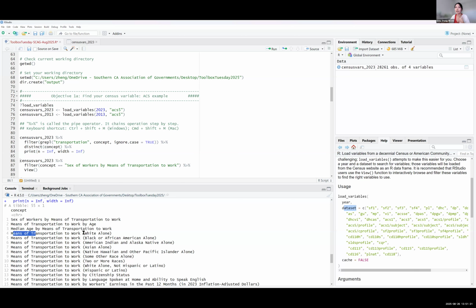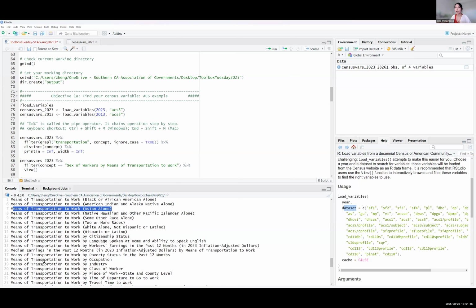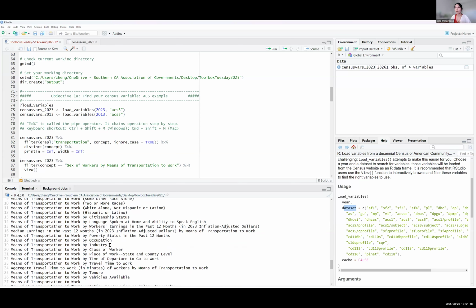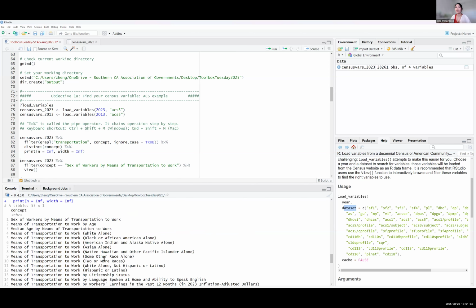So for example, I think the recent ACS, they have this variable tabulated for population in different races and ethnicity. So you can get these variables for Asian or other races. And of course, there are other ways to slice the variable, like by occupation, by industry, by class of worker, etc.